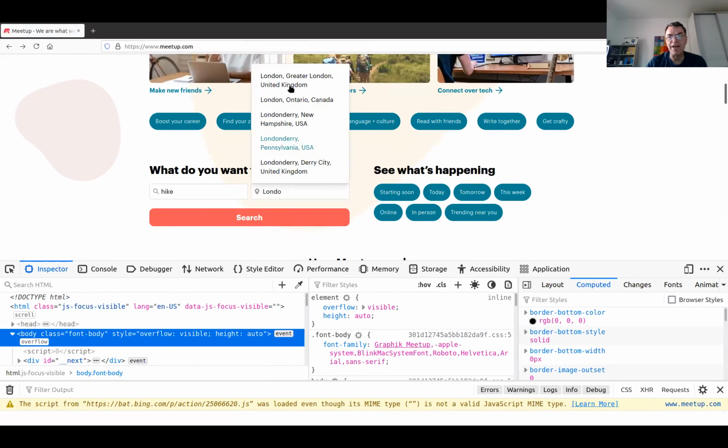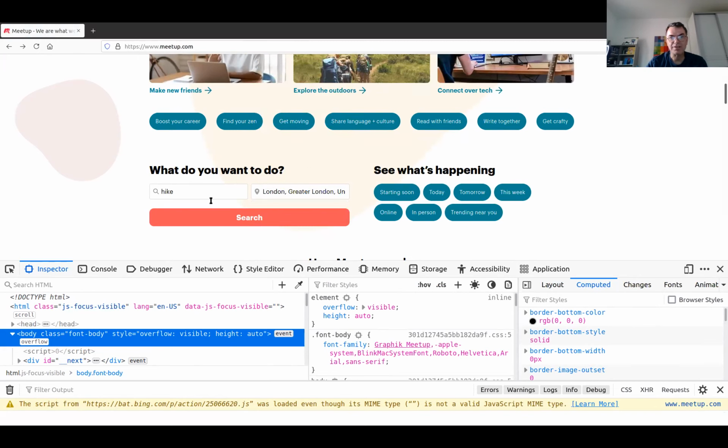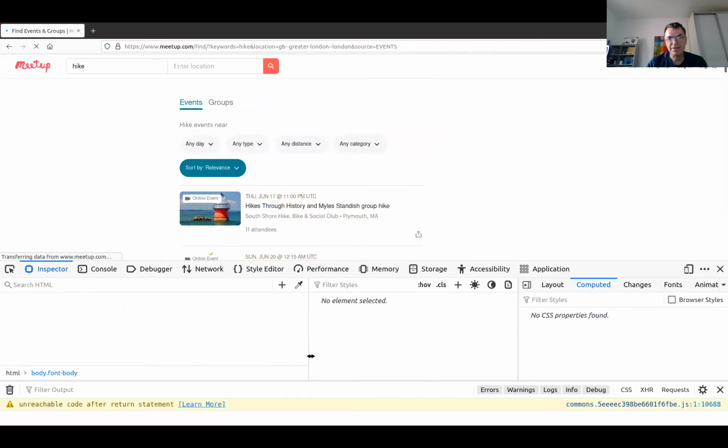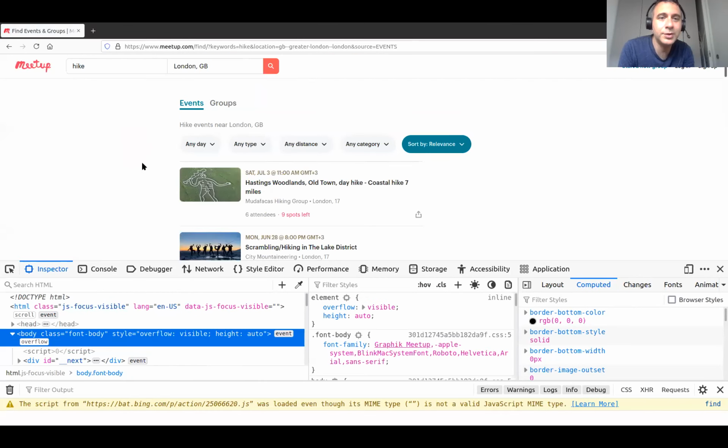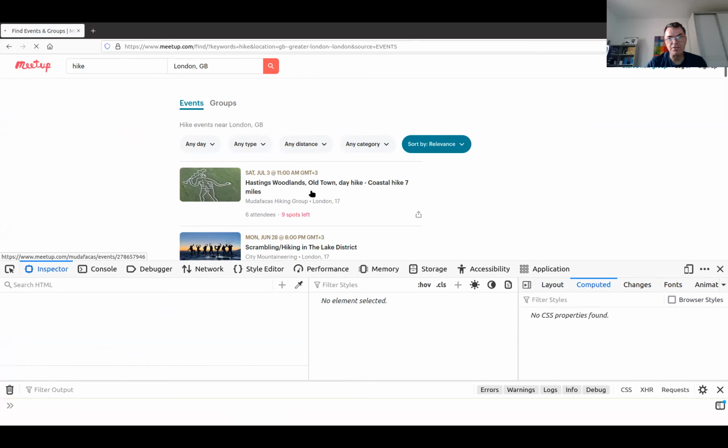I typed in, and then I have to select this one, United Kingdom, London. So you first need to type in the type of event you want, and then the keywords, and then the location. Yeah, but the point is that it doesn't allow you just to type in any text for location. You have to select one.